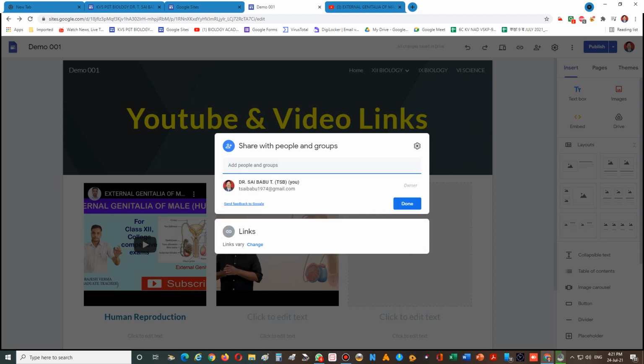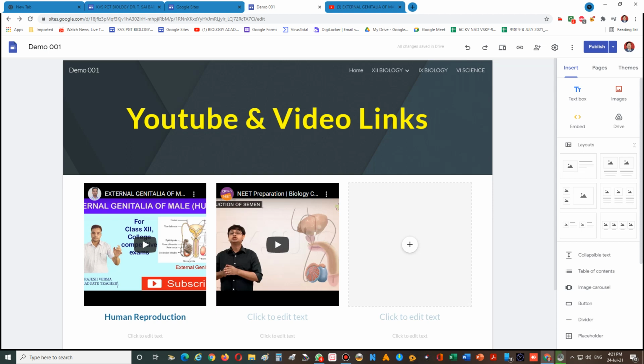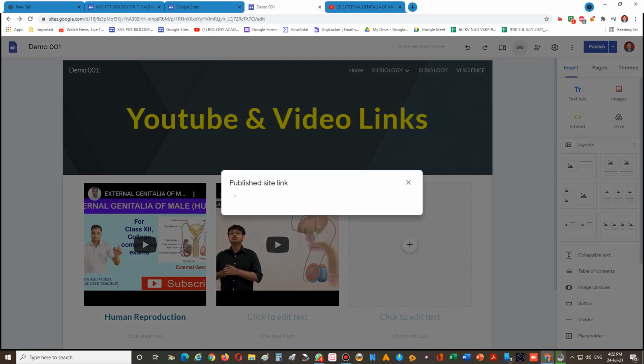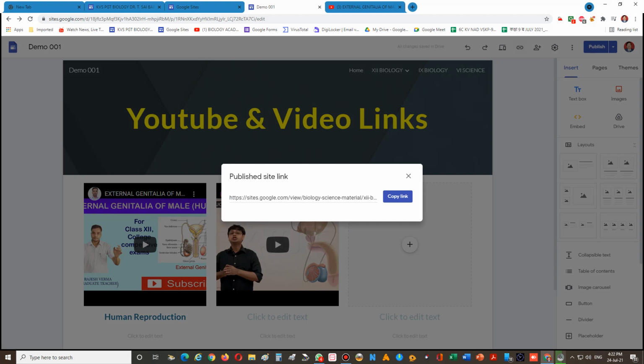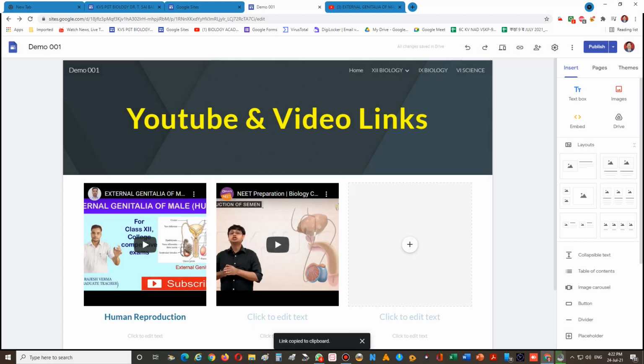Suppose you want to assign the link in the WhatsApp or in the Google Classroom, you can see here copy published link. Okay, I will show with marking copy published link. In this copy published link, once you click, it will generate the link. Copy the link and you paste the link in any WhatsApp or in the Google Classroom you want to assign, either classwork or material, you can paste there.